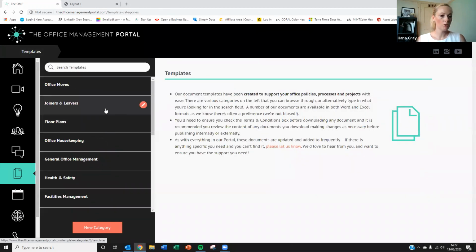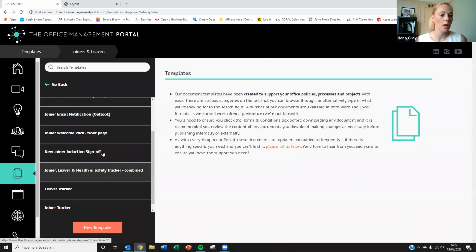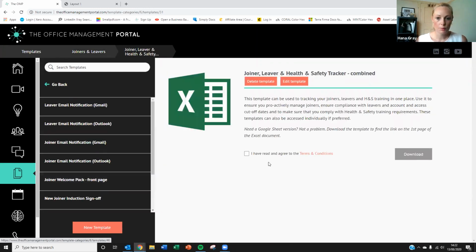And then I'm going to go to joiners and leavers. What we're going to be working on in the coming weeks is putting a lot more of this into automated forms, particularly with G Suite, and doing it in there to show some forms where you can fill it in as a form and then it updates the spreadsheet and things behind it. So there is one here which is a tracker